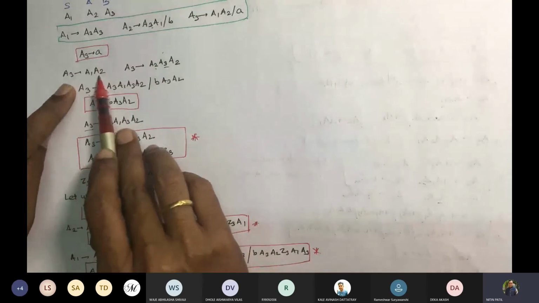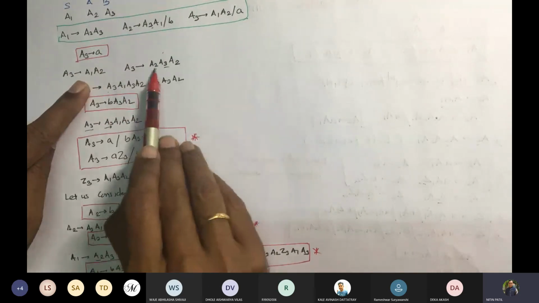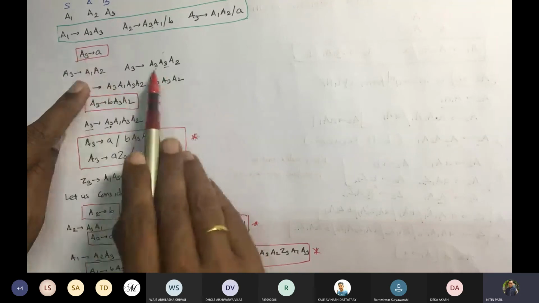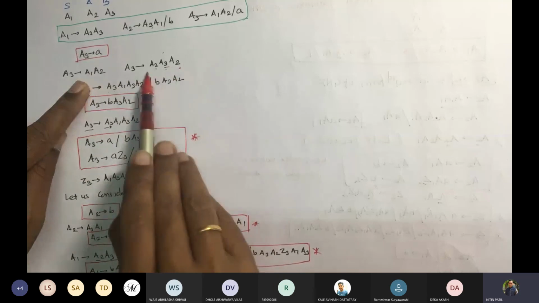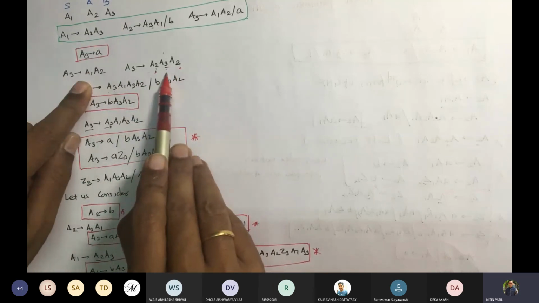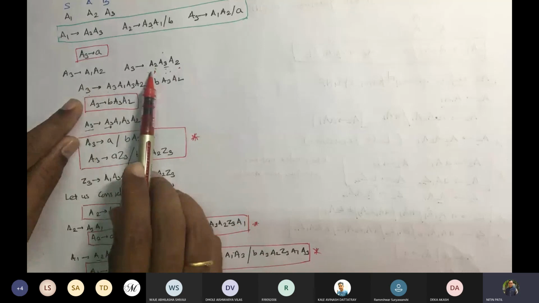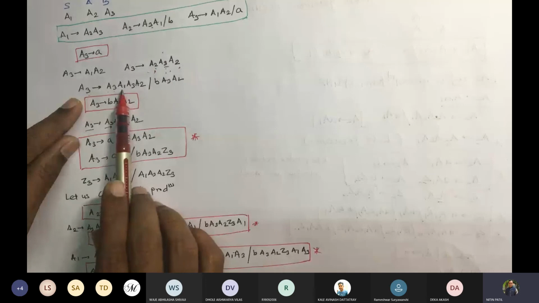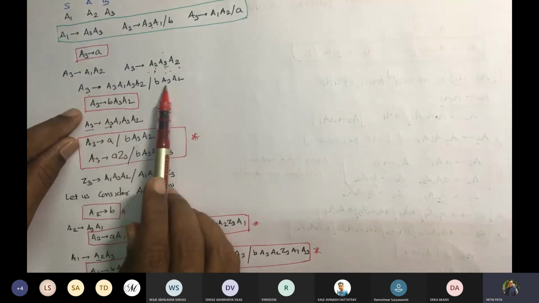Then we got A3 gives A1 A2. अभी फिर से A1 का वैल्यू जो था वो A1 वैल्यू डाला, because A1 का एक ही वैल्यू, इसलिए, otherwise वहां पर दो वैल्यू आते. Correct. तो A2 A3 आ गया. A2 A3 जो था वैल्यू वो यहाँ पे डाल दिया. नेक्स्टली अभी A3 को A2 का फिर से वैल्यू डाल दिया. A2 के टोटल वैल्यूज थे 2, सो दोनों डाल दिया हमने यहाँ पर. So we got A3 A1, A3 A2 and B A3 A2.